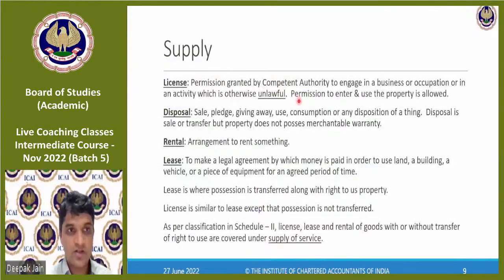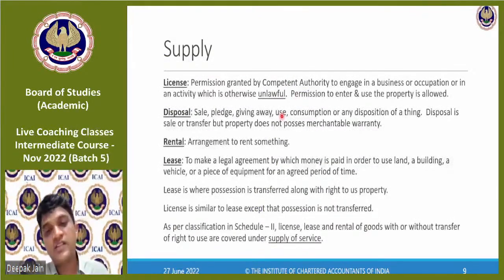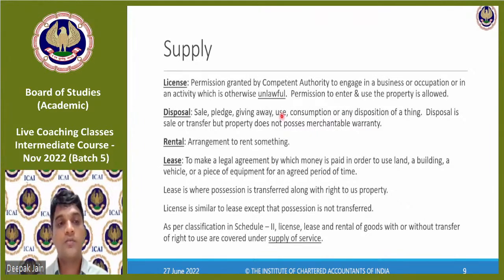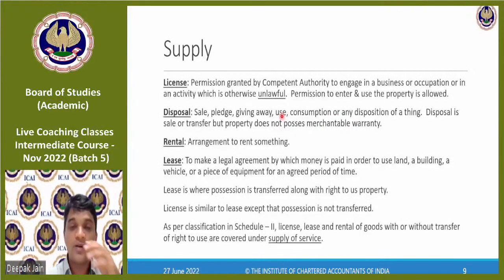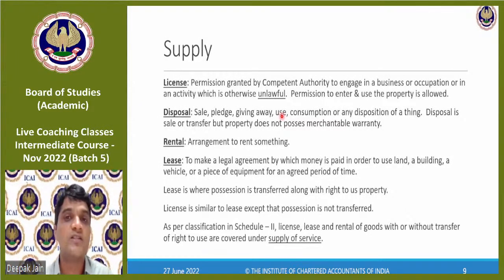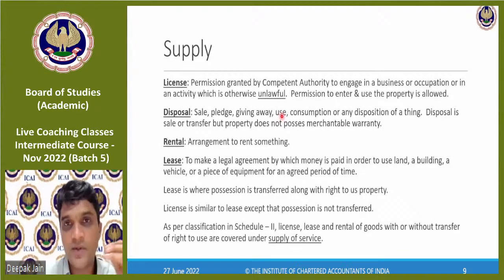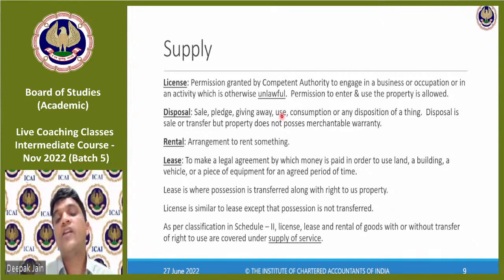So we are discussing what is a disposal, wherein I pledge or give away something for which there is no guarantee. Like when I sell off my old laptop now, I'm just disposing it off. Whether consideration or not, I've disposed it off. Now the other person cannot come back to me saying that it's not working, because I've just disposed it off. Had it been a sale transaction, he had a right. The disposals are generally for no consideration. So when I give something to a charity, or to an NGO, then it does not possess a merchantable warranty. He cannot come and say to me this is not working. That is an example of disposal.